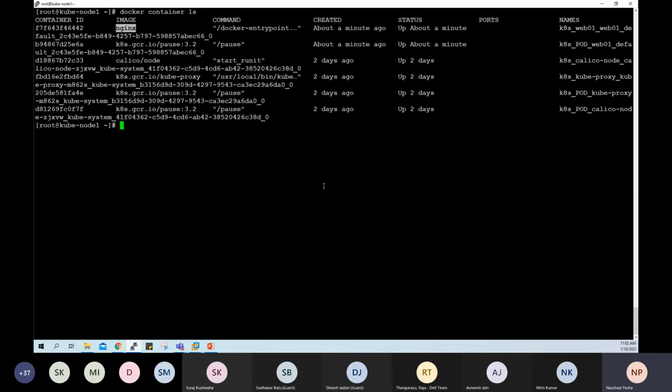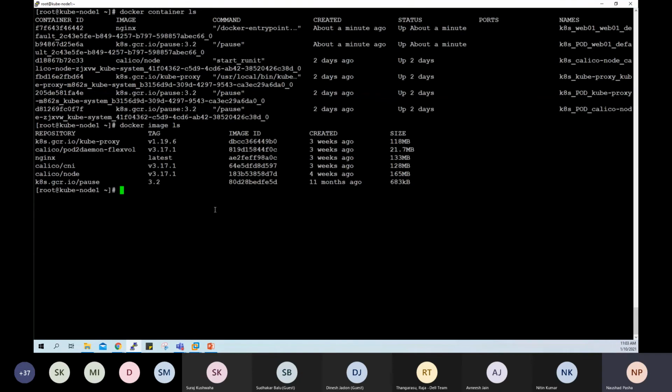So behind Kubernetes, there is some container runtime needed. In my case, I'm using Docker as the container runtime or container engine, right? So all the commands that you learned yesterday about Docker will continue to be used because in my case, I'm using Docker as the container runtime. If I also do a docker image ls, there are images that got pulled such as nginx for my nginx based pod or application to be running. Let me exit out of the node.